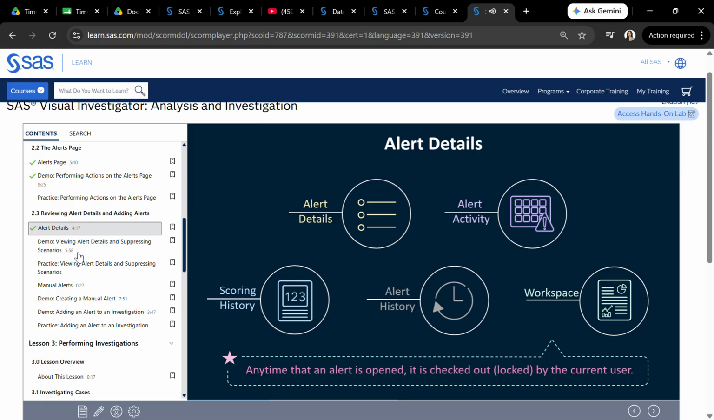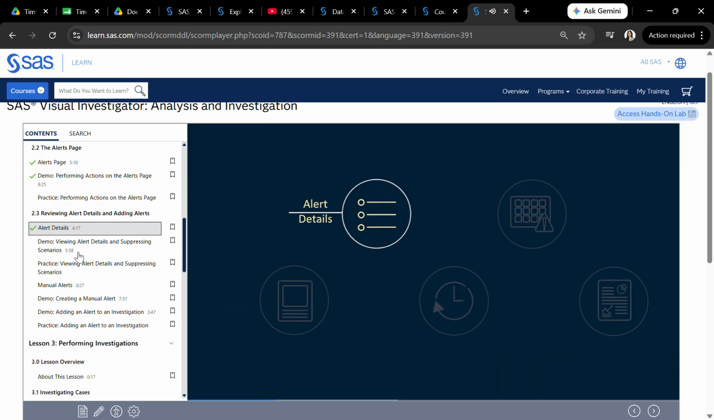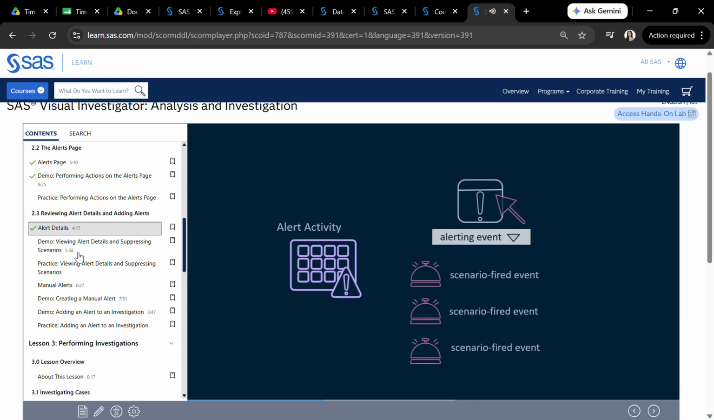Let's discuss each of these tabs in more detail. The Alert Details tab provides basic details about an alert. This can include information such as the scorecard for scenarios and general information about the alert, such as the alert ID, entity name, and status, as well as a miniature network diagram. The Alert Activity tab contains a drop-down list of alerting events that are associated with the alert. Selecting an alerting event displays the records that triggered the scenario to fire, or scenario-fired events, for example, the suspicious